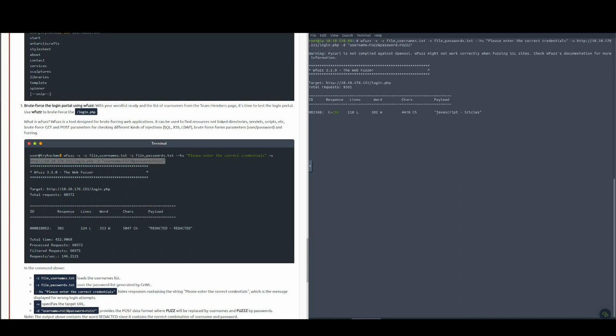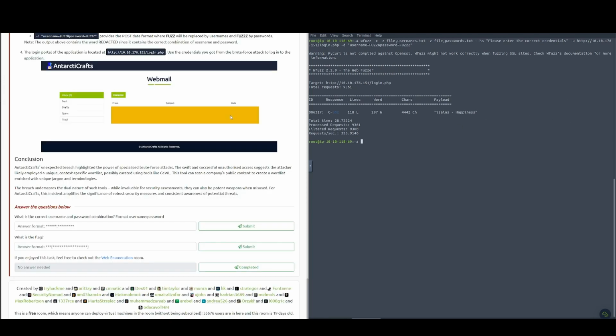So we are going to take the login from the usernames and match it with the first of the passwords, and then the second of the passwords, and then the third, and so on and so on. The idea is to verify if we have something that is going to work with that match. Here we have something that seems to have generated something that is not what we expected. The status code is a 3xx, and that has been done with Isaias and happiness as a word for the password. So we are going to check